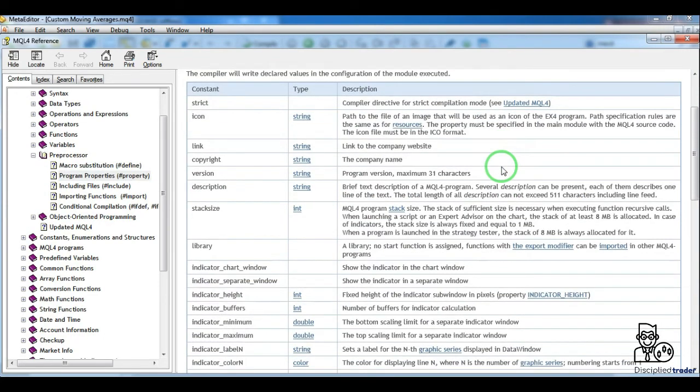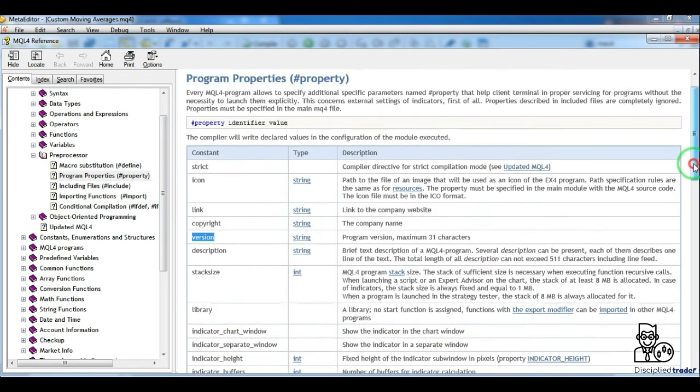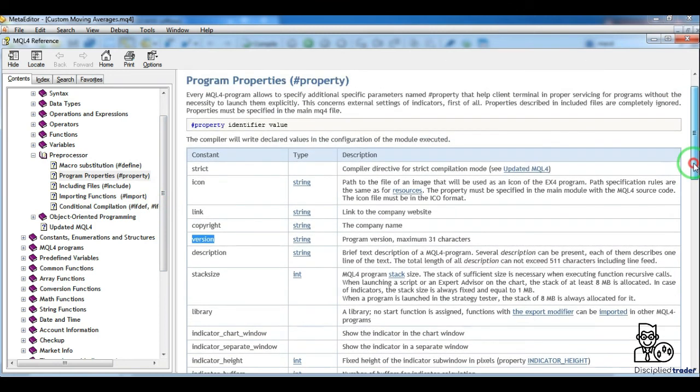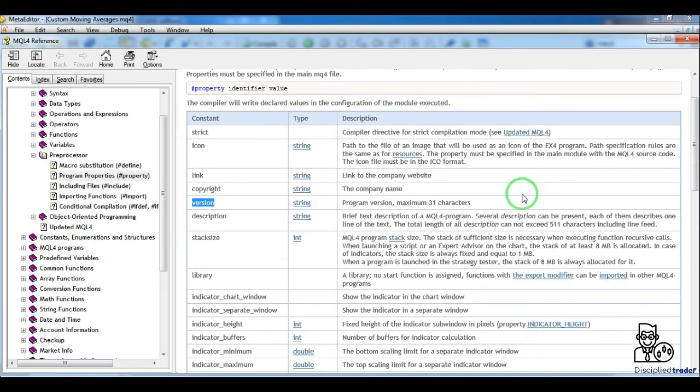As you can see here, it explained several preprocessor commands, and I just explained the property preprocessor command. We talked about the version, the descriptions, the buffers. All of these commands are here, that you can use. There are other commands, such as macros, that are defined by define. Commands like hashtag include, hashtag import, etc. that I will talk about in future sessions. And wherever it is necessary to use these, I will give the necessary explanations.